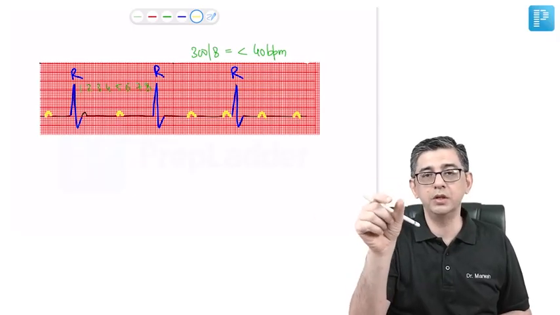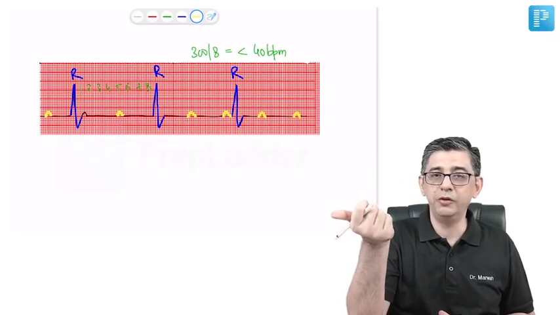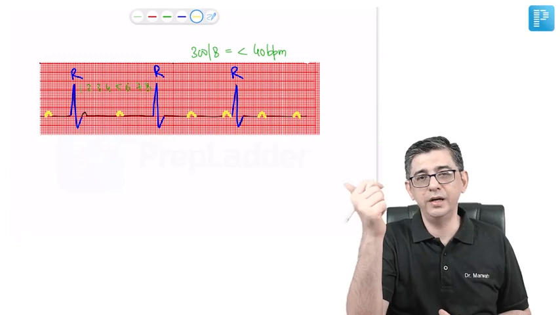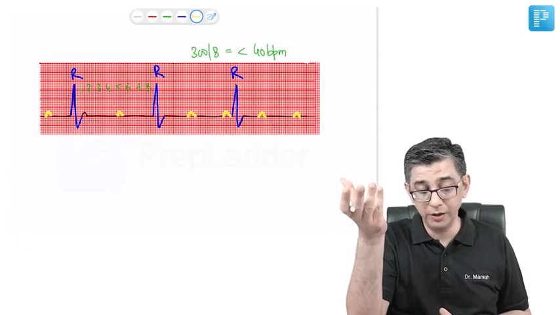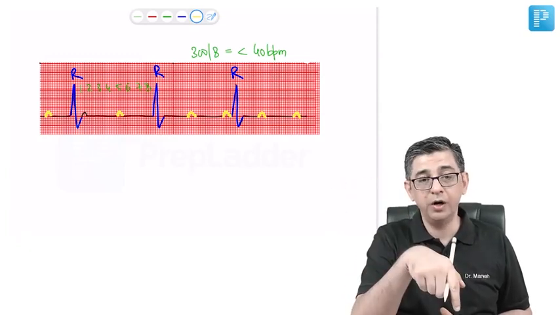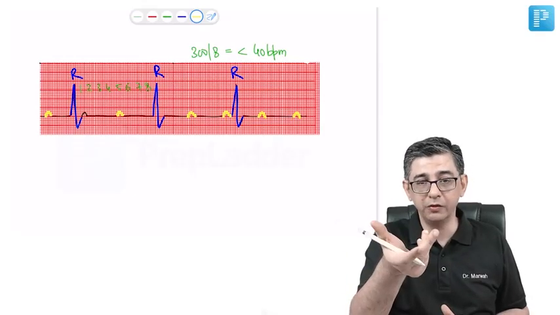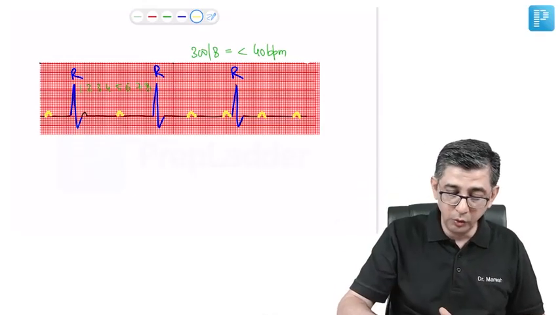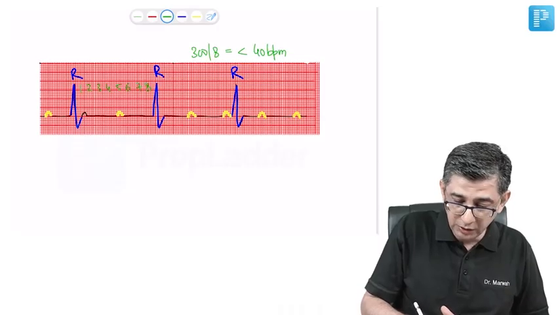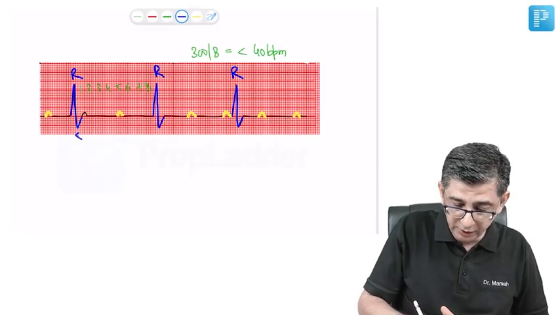P wave duration is less than 120 milliseconds, that is 3 small squares. Vertical height is less than 2.5 millimeters. So I'm not calling them T waves. The one that I've not marked here, just at the end of the QRS complex, I can still say can be a T wave. But at least if you look at this ECG, one thing that I think you would all agree on is the fact that the